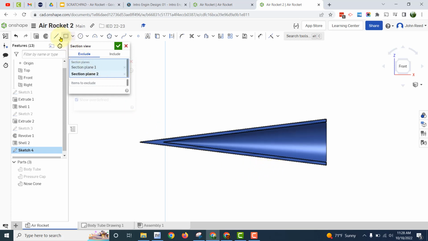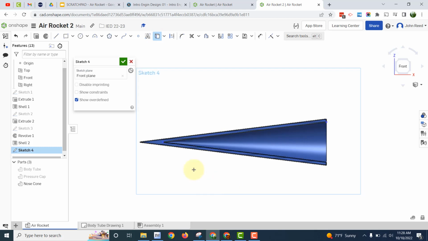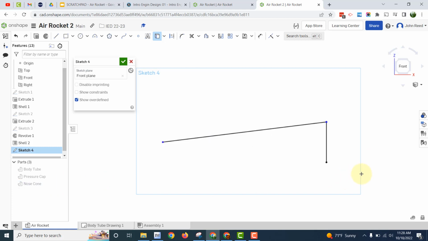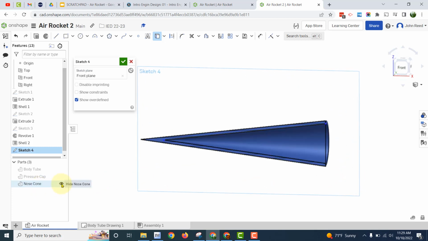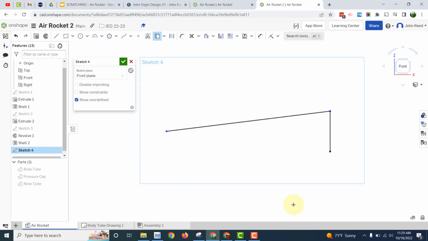And again, I'm going to make this using the use command for that line right there, the interior of the cone, and then I think I can just project that line on there, and if I turn this off, yep, it projected it onto my sketch plane. So what I need, I guess, I don't need to see that anymore, the nose cone itself. I've used the geometry, although that looks a little weird, but it may be useful to have it on there